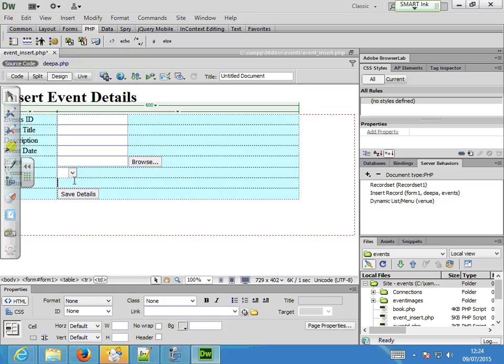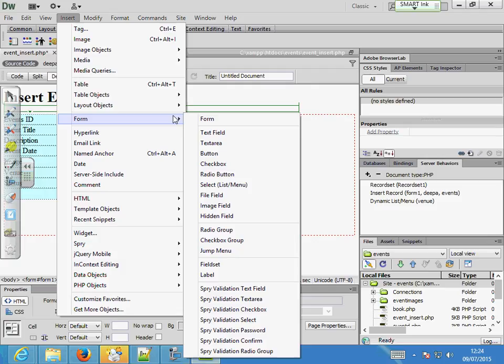My insert is working because he wants to do a radio button. I'm doing that again. So let's do an insert and form, and you could do a radio button or a radio group, whichever. A radio button can be used for yes/no type, or for multiple select, where you select one when there are multiple options. Like a radio button can also be used as a checkbox. Do you understand?